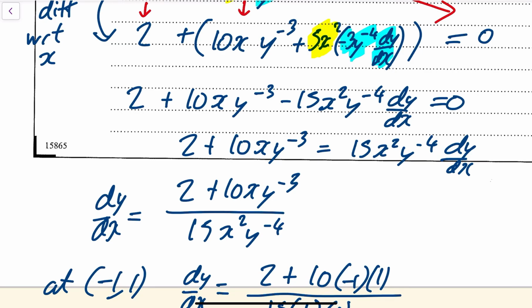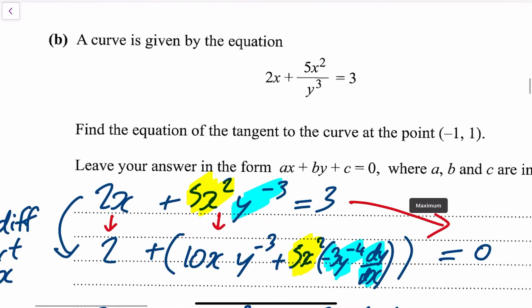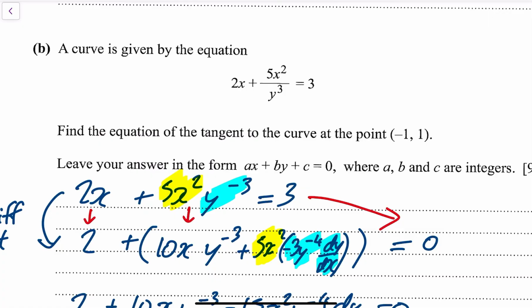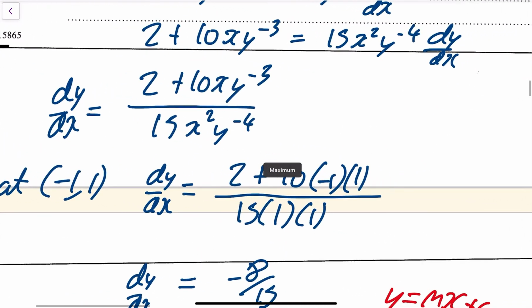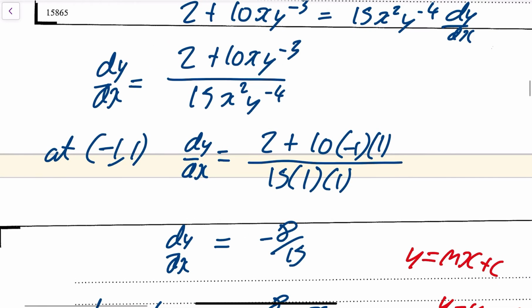A lot of people aren't going to like it written this way with a y to minus 3 and so on. It doesn't matter. Leave it as it is. You're going to be putting values in the calculator. The question asks you to find the equation of the tangent of the curve at the point minus 1, 1. So just say at minus 1, 1, your dy by dx is equal to, and you can just